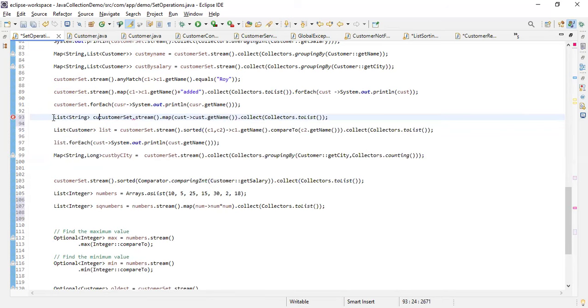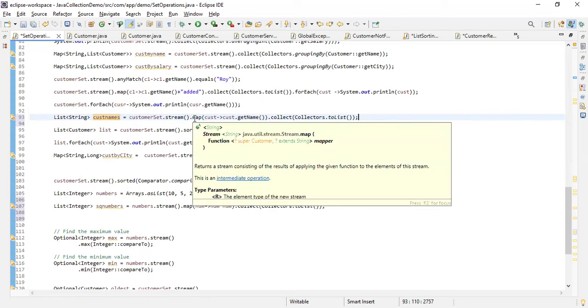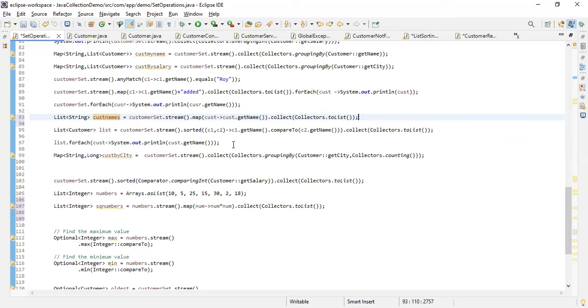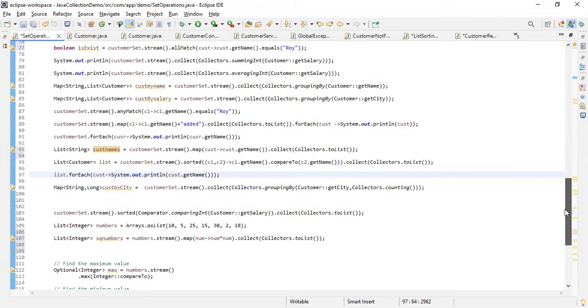Then custNames. This way you can see these custNames are exactly the names of all the customers, right? So this way you can use map if you want to map it. So we have seen how you can use that, and how you can do the sum.